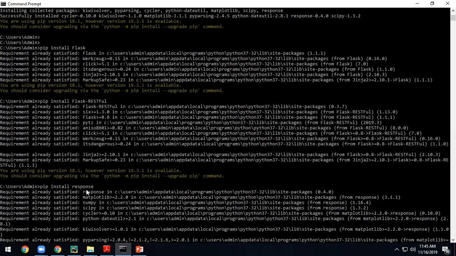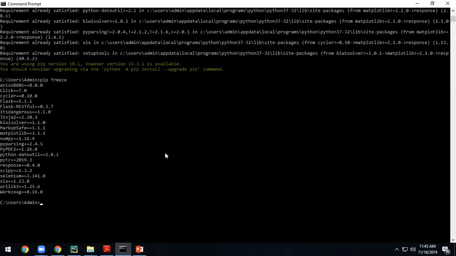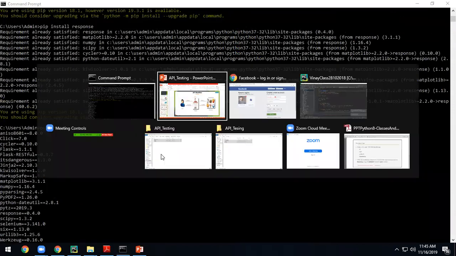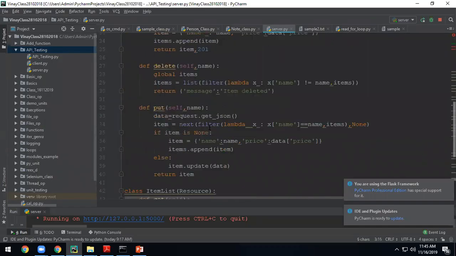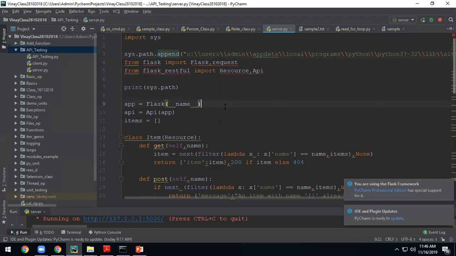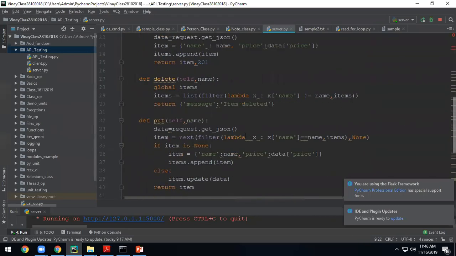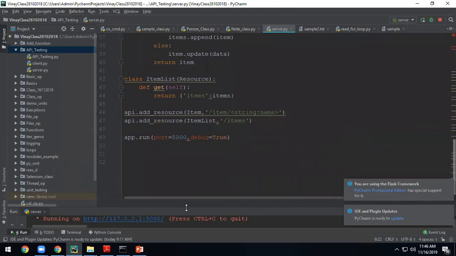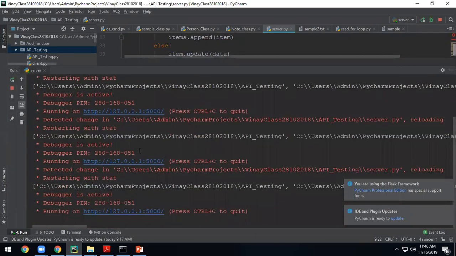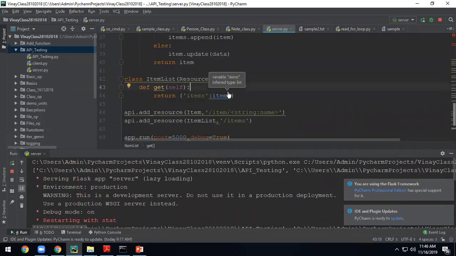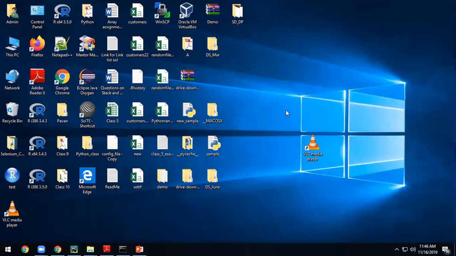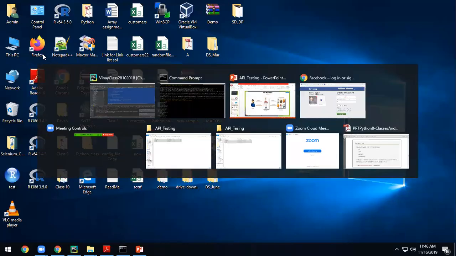I executed it from the command line, so I was only getting the list of the paths, not any request or response in the code I executed, Vinay. You are talking about the application? Yeah, I only got the print statement of what you printed, sys.path. After that, it is not hitting these things. I'll just recheck. It didn't hit this web server, 127.0.0.1. Okay, try this. I'll copy the whole file.